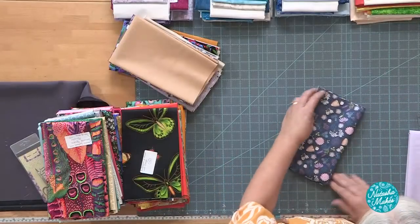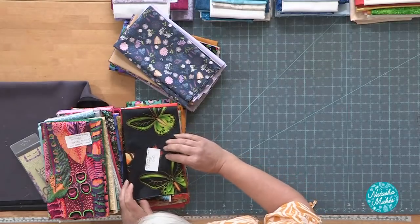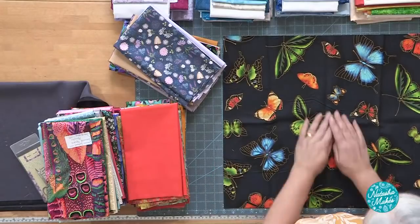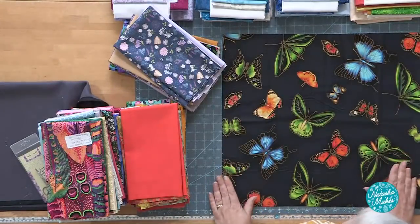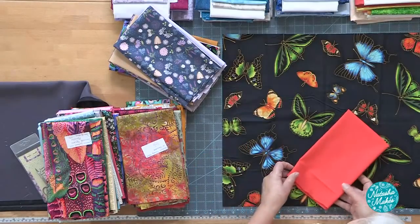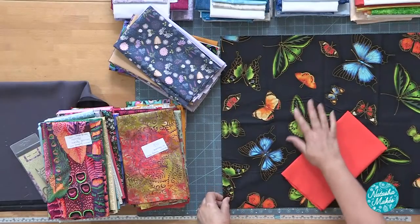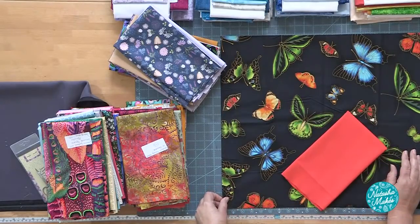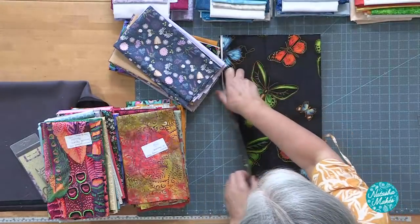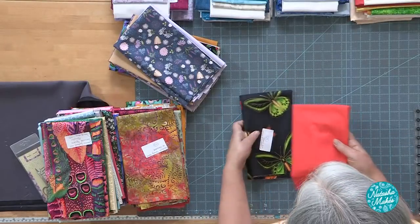So the next one, look at this. Oh, we've got a bit of Lisa here. The butterflies on black. Now, we've said before, these are to scale, these butterflies. They're real size. And we've put that with a bit of orange, which just pulls out that limey green and mixes in with the oranges that are there beautifully. Isn't that gorgeous? On that lovely black background. Really zingy, these colours in here. They're really vibrant, absolutely stunning with the gold metallic